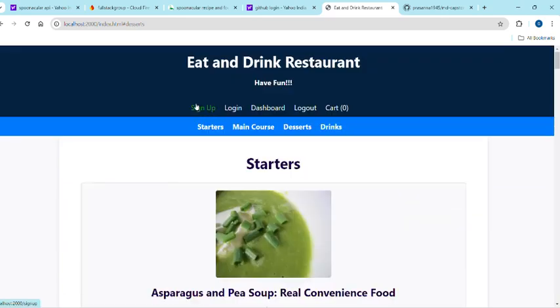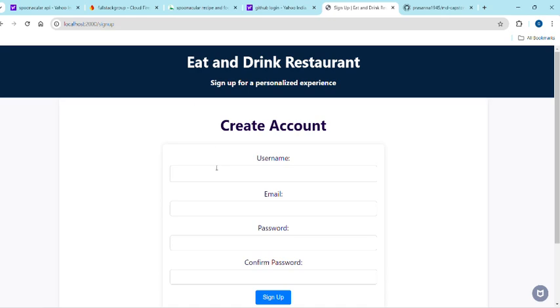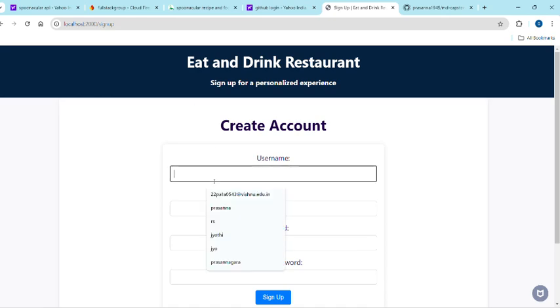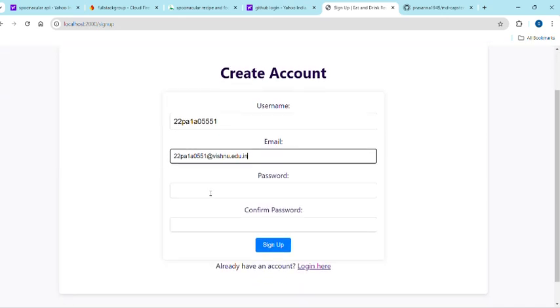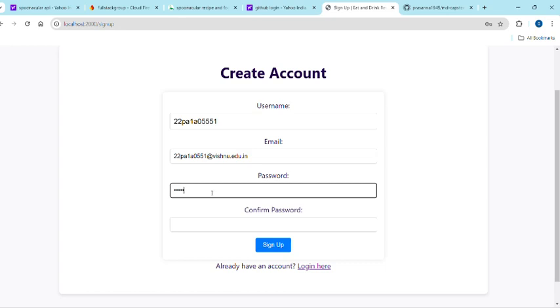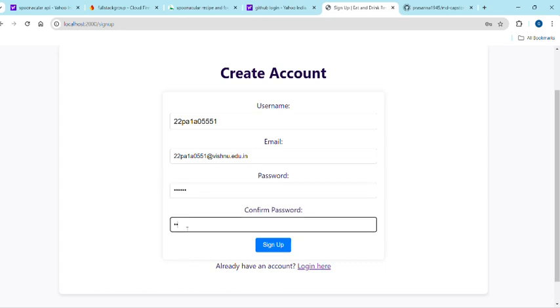First, we are going to sign up with a new mail ID. We are going to give a default password which must consist of 6 letters.